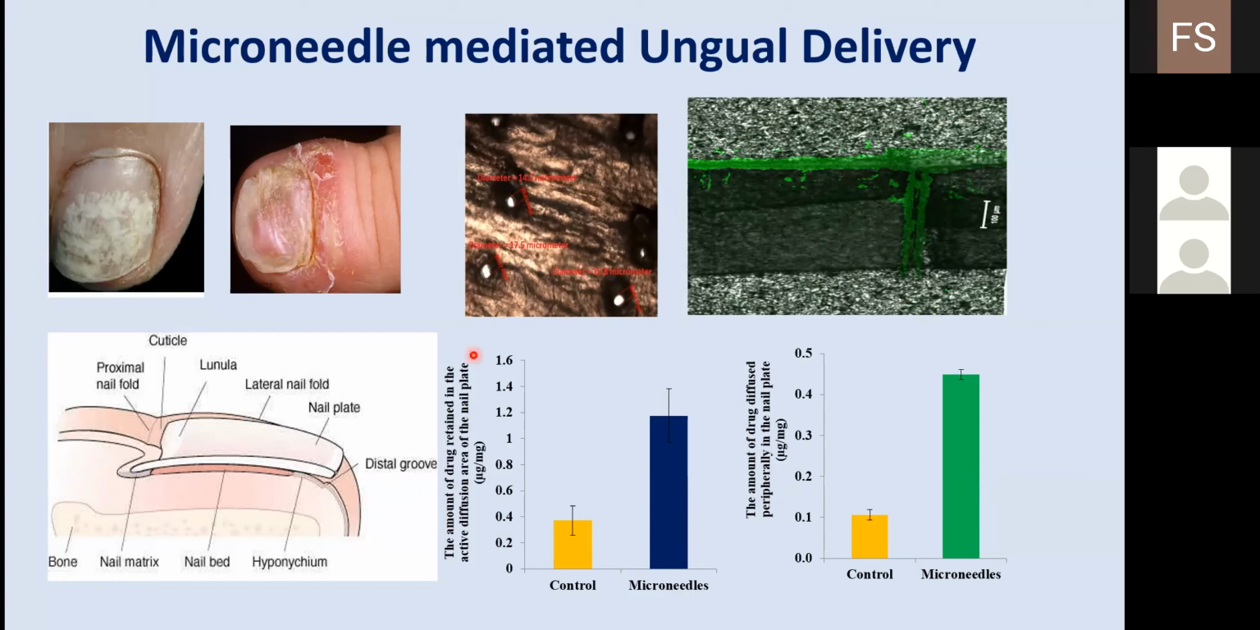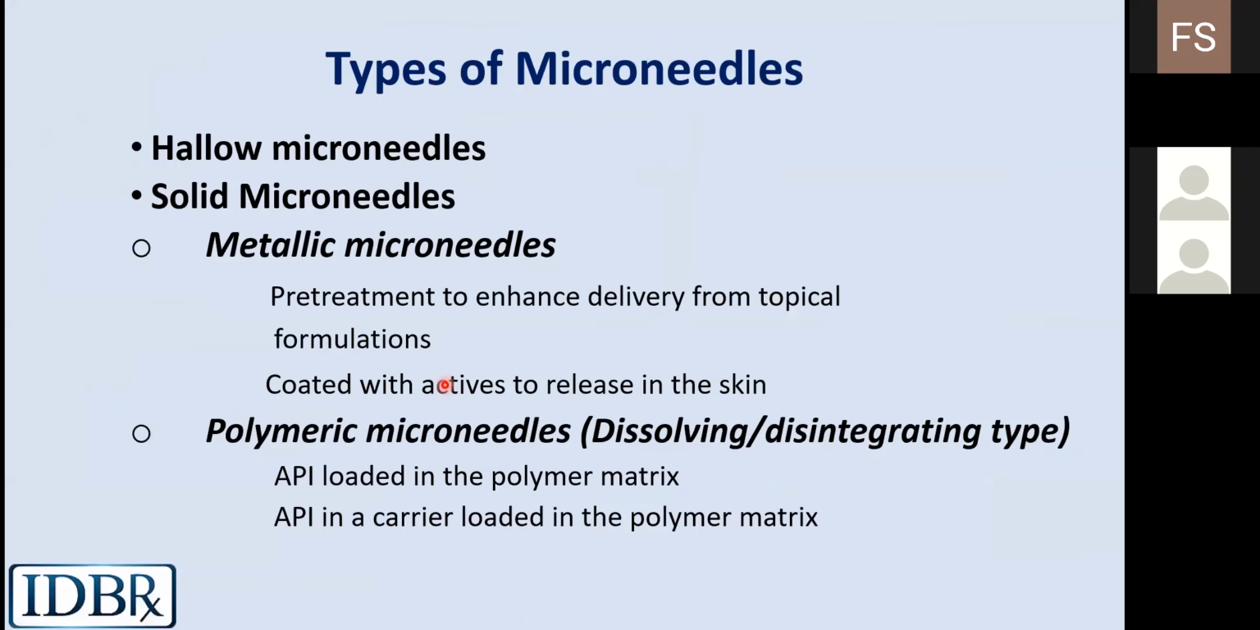So this is about the solid microneedles, right? So let's look at the polymeric microneedles. We completed hollow microneedles, the solid microneedles where we use metallic microneedles for pre-treatment, and then we looked at a case where the drug was coated on the metallic microneedles to deliver into the skin. So let's start with the polymeric microneedles